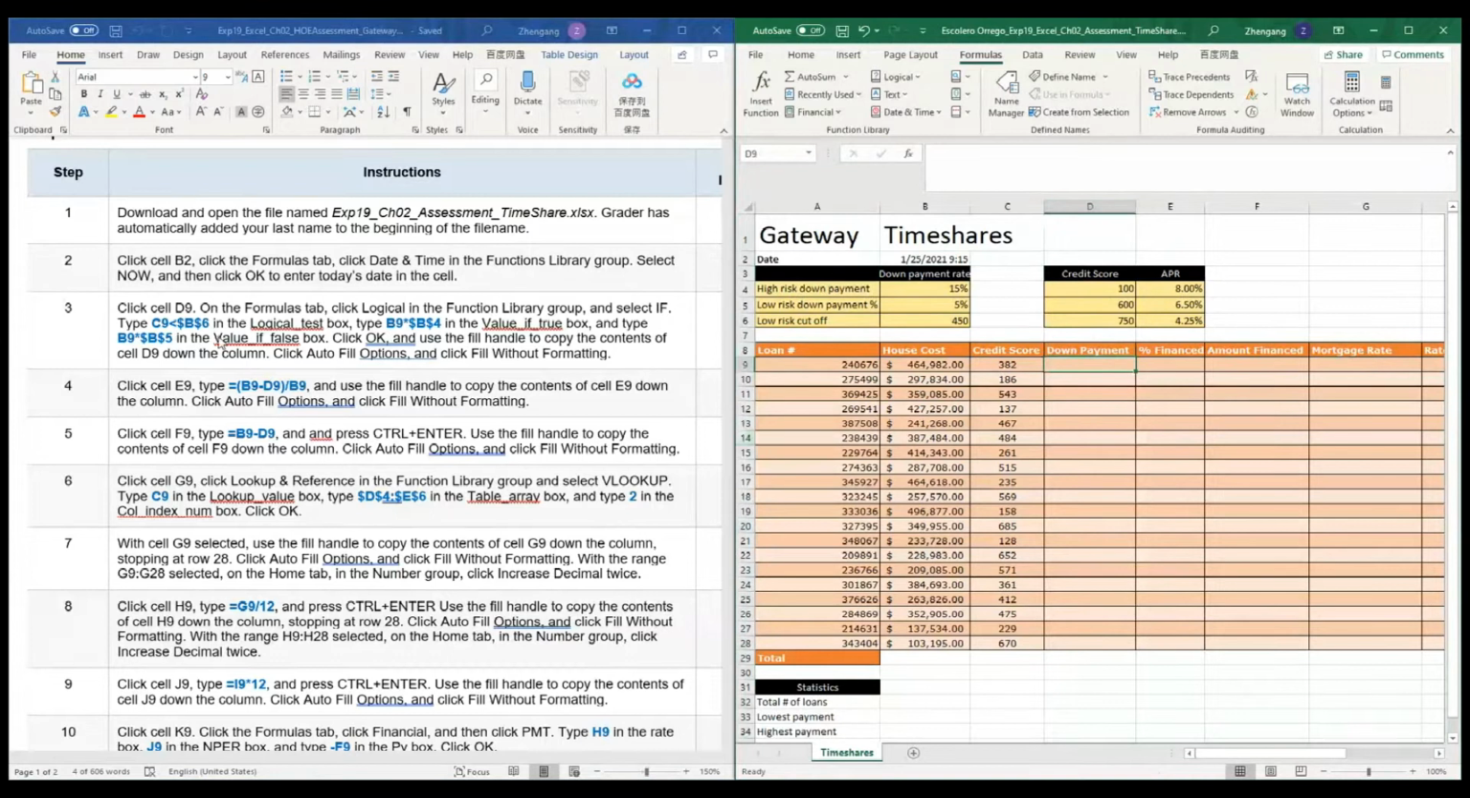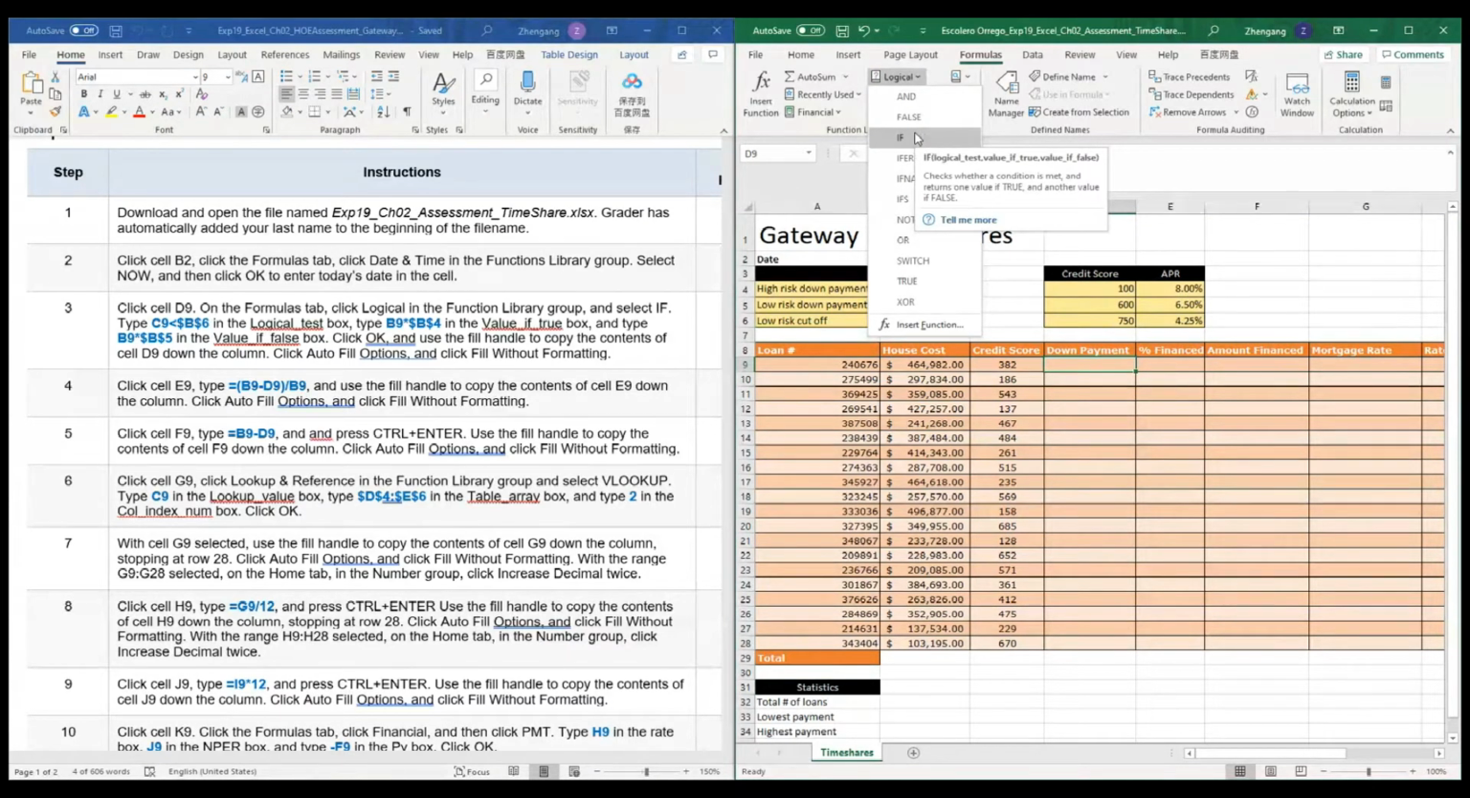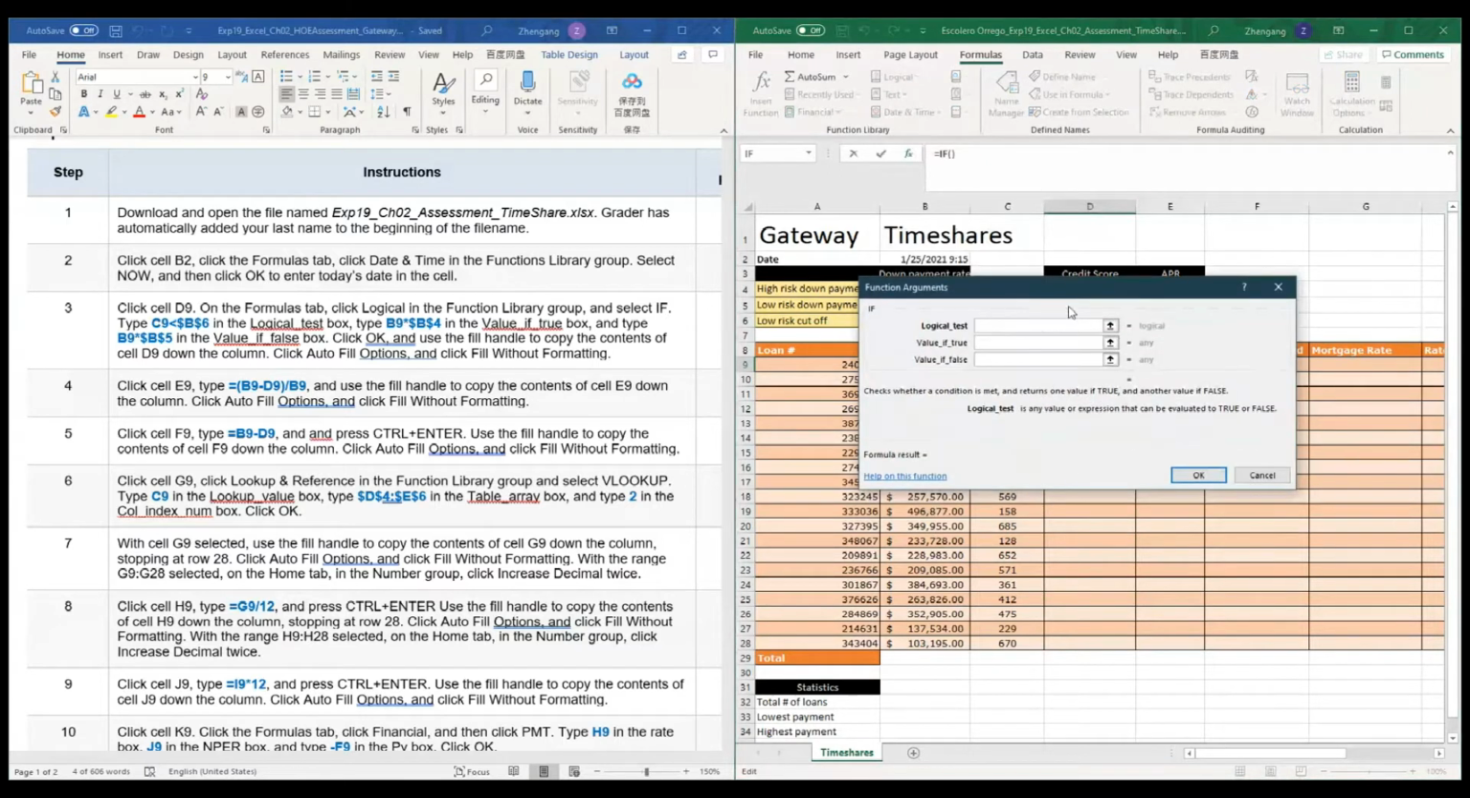Click on D9. Okay, this is question 3. On the Formulas tab, click Logical in the function library and select IF. Logical, IF. Okay, there's a dialog box like this, and just type what it asks you to do, right? It says C9 less than $B$6 and, logic type, B9